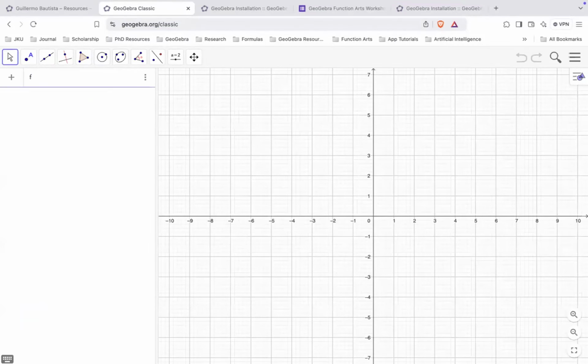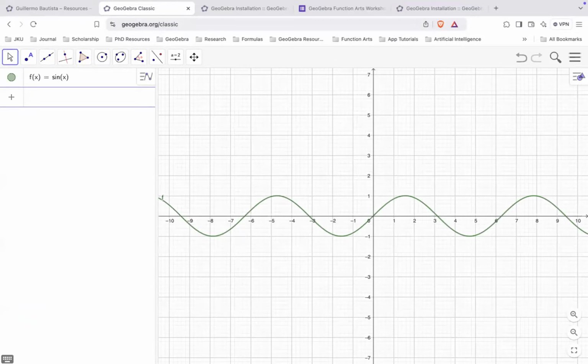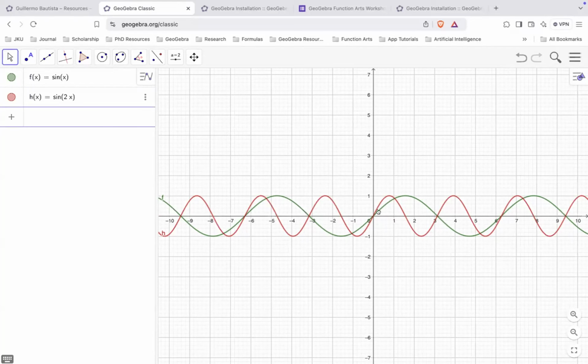So let's try f of x equals sine x, and h of x equals sine 2x. Okay? So what's the difference? Mas umiksi siya, di ba? Okay, so if you multiply the input by 2, the graph shrinks